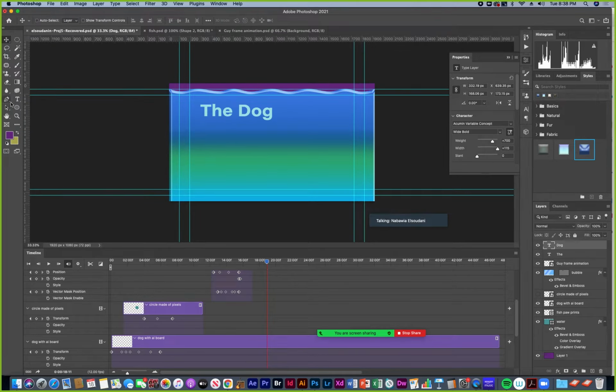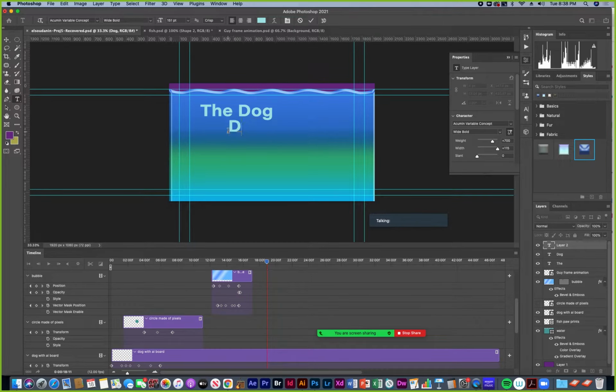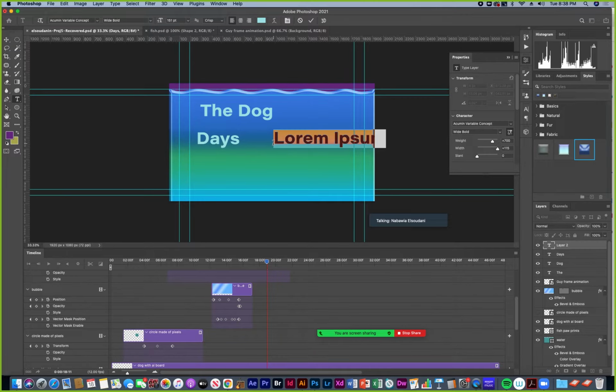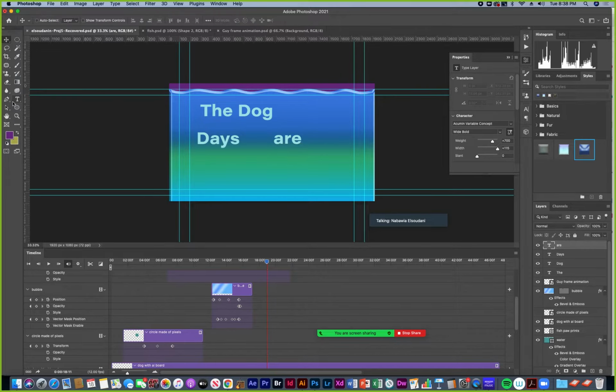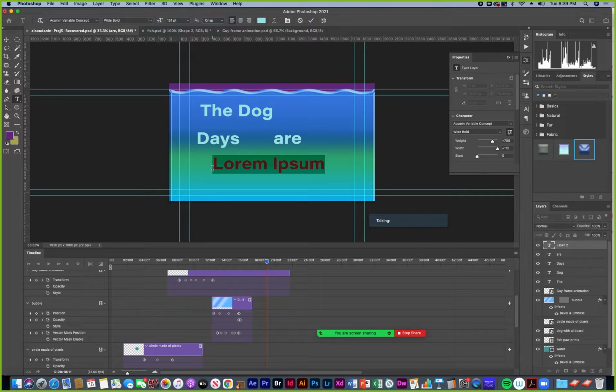And then take my type tool again and click and type days. And go back to my type tool again. Click. R. The dog days are. And I go to my move tool, and then I go to my type tool and click over.